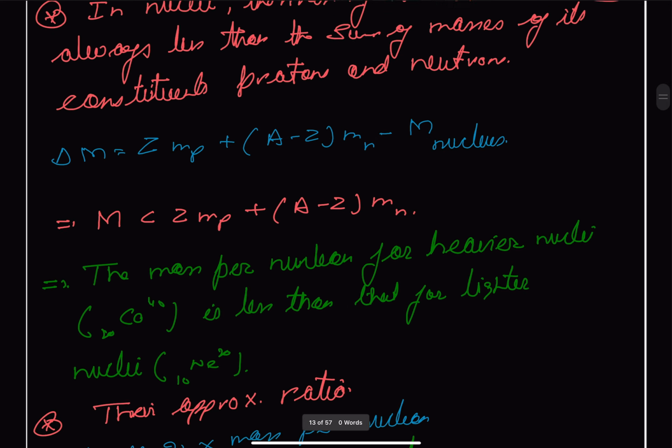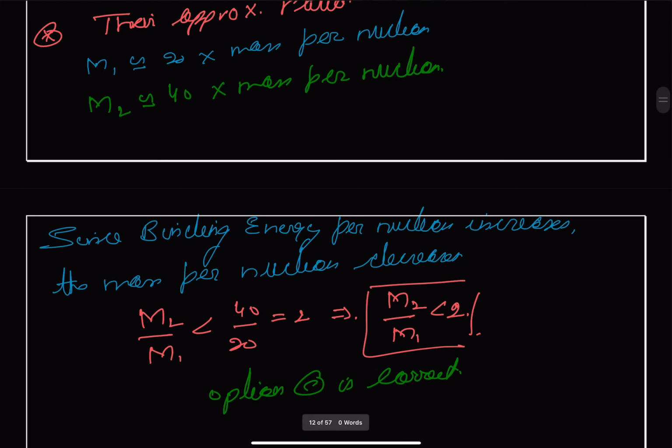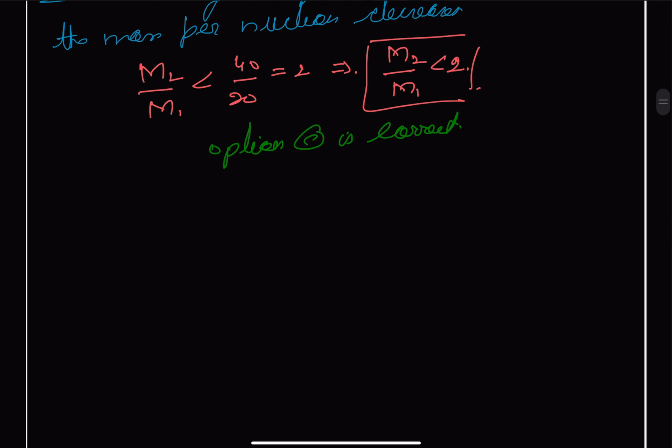So option C just rules out these two options. Option A cannot be correct and option B cannot be correct. But we are going to check option number D. And once again, because of the mass defect, or in simpler terms we can also say binding energy,